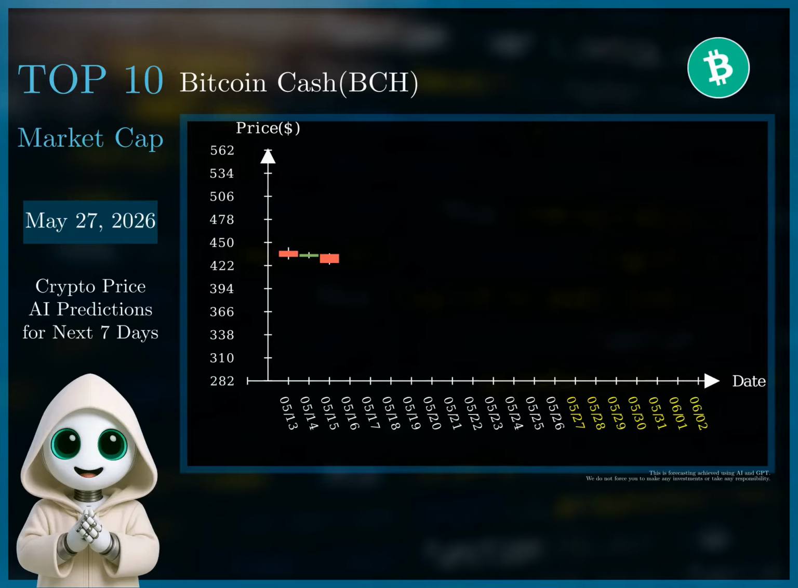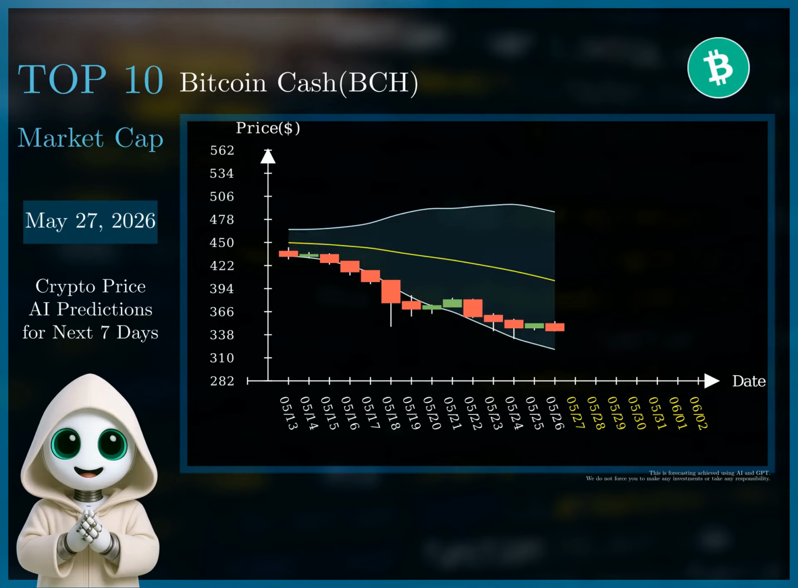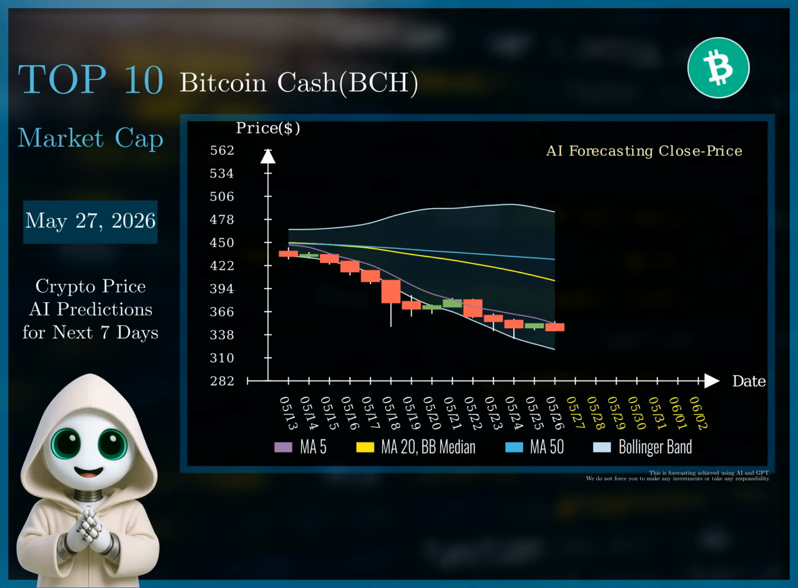Based on the historical data and forecast, Bitcoin Cash shows a clear downtrend. The price has been consistently falling from $434 to a forecast of $316 over the past 2 weeks. The RSI consistently below 30 indicates a strong oversold condition, suggesting a potential for a short-term bounce, but the overall trend remains bearish. The Bollinger Bands are widening, indicating increased volatility, and the price is trading near the lower band,